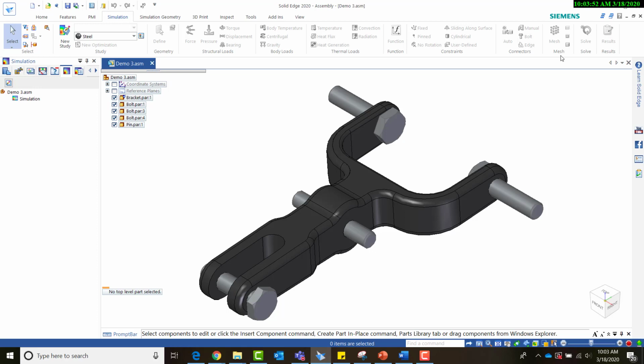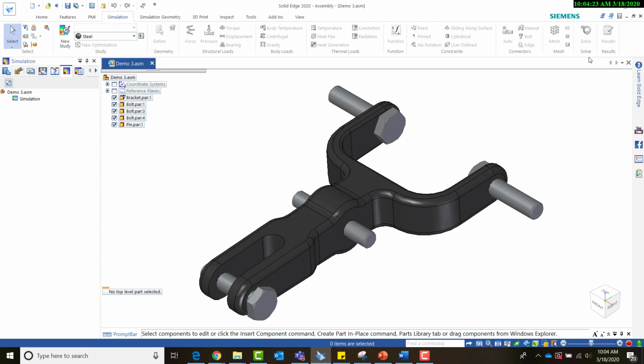So we're going to look at how we can edit our mesh and update our mesh. That meshes the geometry in the active study. And then this solve over here, this is where all the magic happens. That solve executes the NX Nastran for the active study and displays the results in Solid Edge. So basically it's a lot of math, and it will display those results in Solid Edge